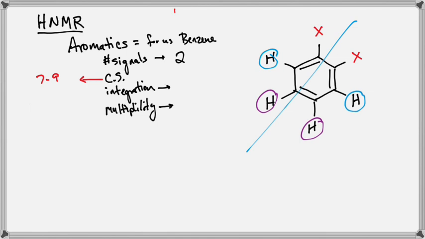Okay. What's my integration? Well, how many hydrogens are represented in each of those? 2. So 2 to 2. What's my multiplicity? My blue hydrogen sees one neighbor and therefore is 2 peaks. My purple hydrogen sees,